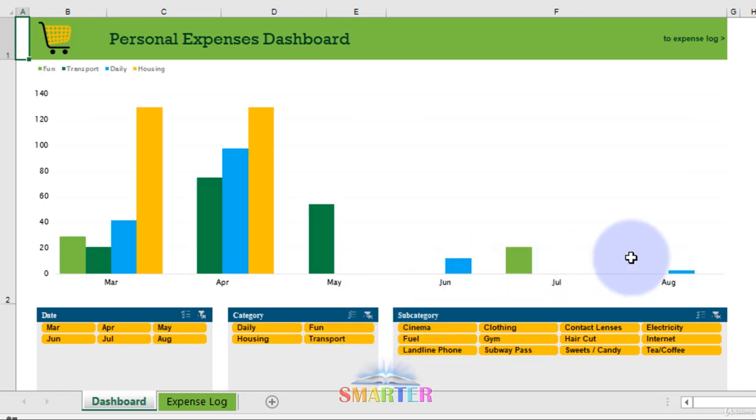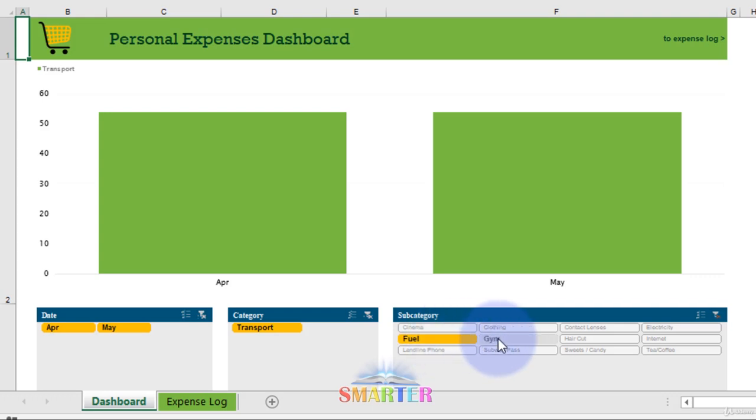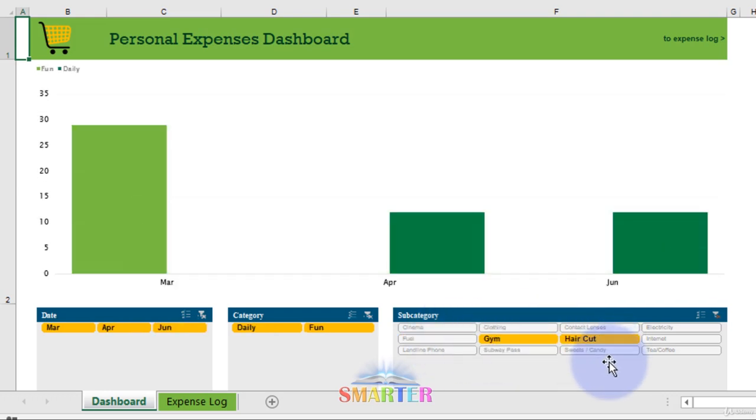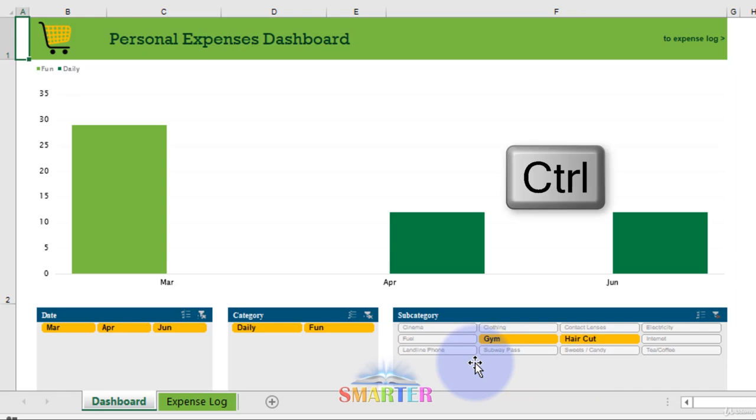Also, if you want to know a specific subcategory, just select from this list here. So I want to know our expenses for fuel, or for gym, or for haircut and gym, by pressing Control. If you want to select two filters,